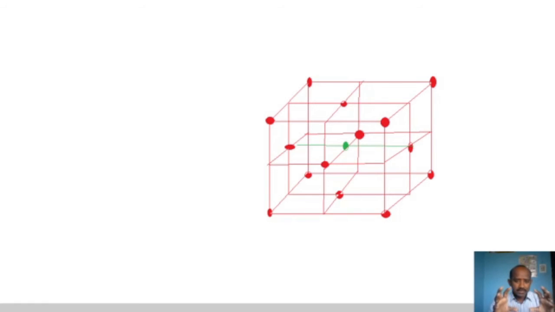Yes, we have placed the central atom as sodium, which occupied the octahedral void, and now we have to place sodium atoms at the edges. So we have placed sodium atoms at the edges and at the center. There are 12 sodium atoms at the edges, and there are 8 plus 6, that is 14 chlorine atoms in that unit cell.